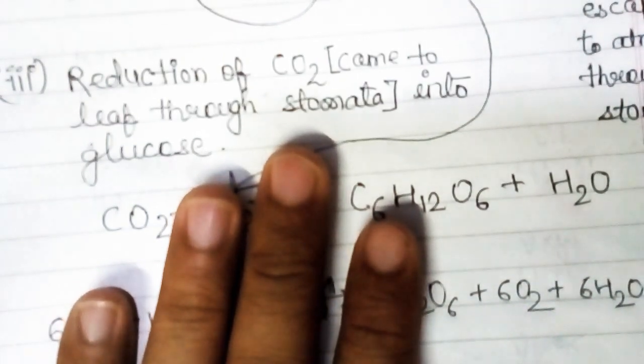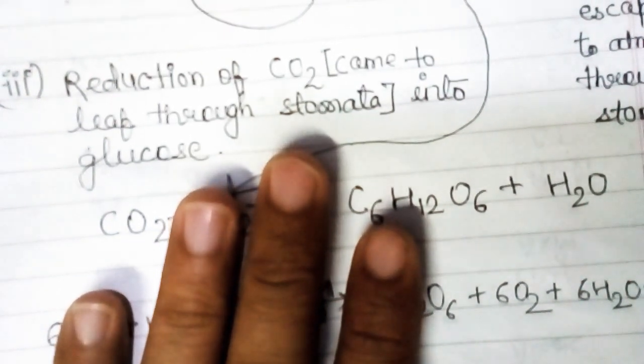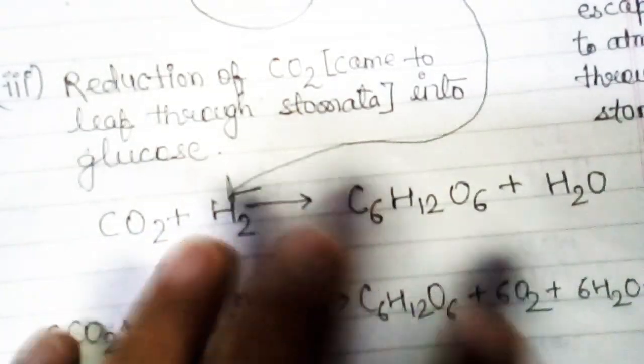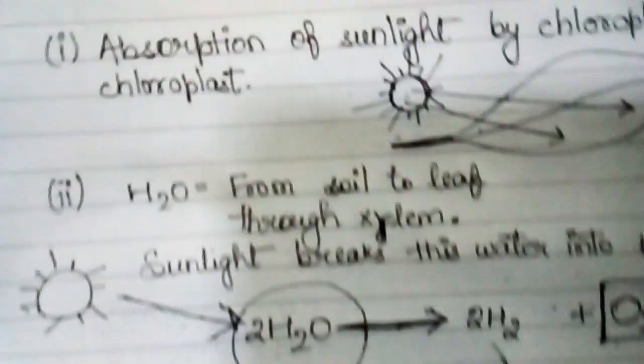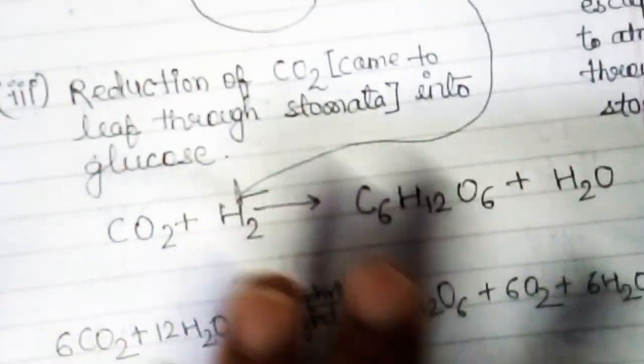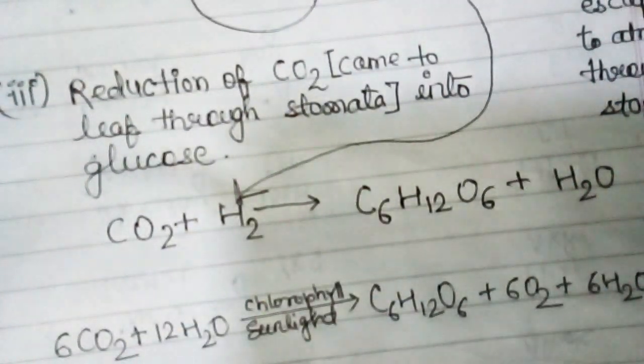Got it? But in earlier times, scientists named it the dark reaction. Why dark reaction? Still the same reason, because this reaction does not need light. But when you hear dark reaction, an image comes in your mind that this is a reaction which happens in the dark. As this is light reaction, it occurs in light. This is dark reaction, this will occur in dark. But this is wrong. This is totally wrong. This is a reaction which can happen in the presence of light also, or in the absence of light also. But if it is happening in the presence of light, it will not use light.